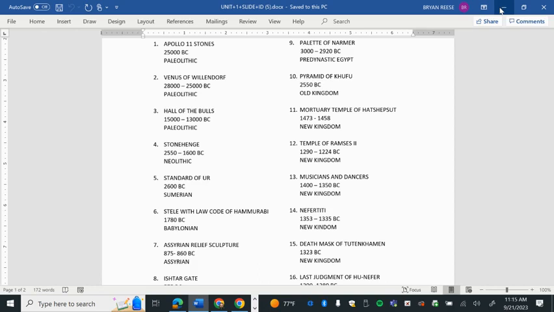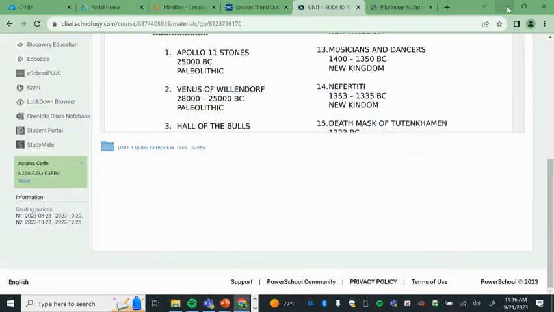Once again, this is just straight memorization. The students that do poorly on the slide ID portion of the test are the students that just fail to memorize. It is different than what you're used to. How long has it been since you've had to strictly memorize just facts? Has it been a while? So just memorize. Now I want to go to